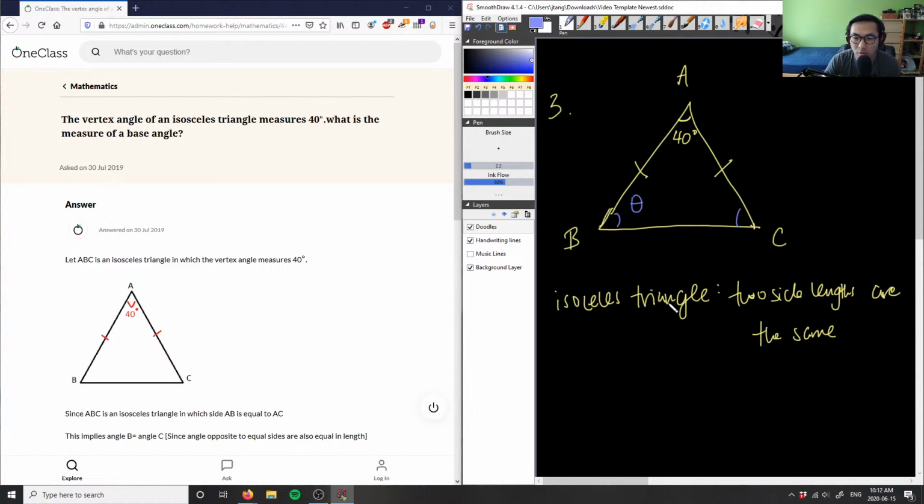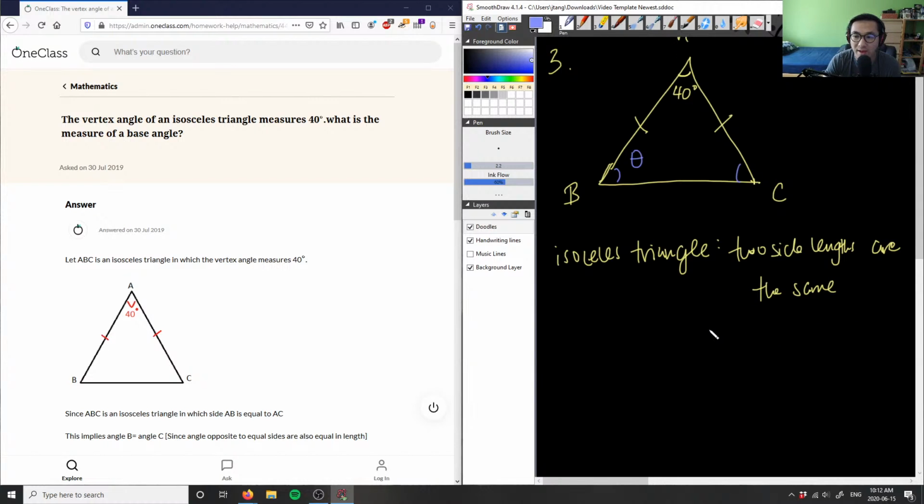What we have to know to solve this problem, the giveaway here, is that this is an isosceles triangle. If we know that two side lengths are the same, we know that their angles must also be the same, due to the theorem where you have side-angle-side. Those theorems in geometry help us prove whether something is congruent or similar. So in this case, an isosceles triangle, I can say if two side lengths are the same,